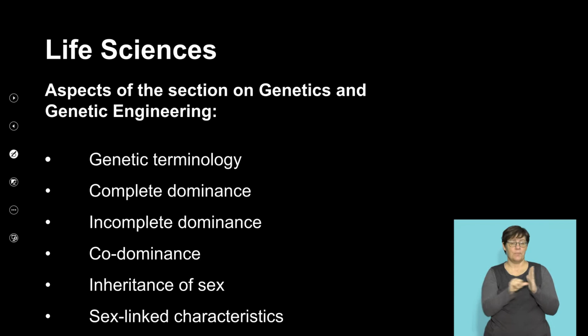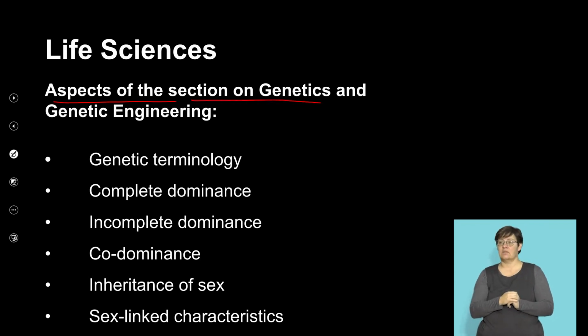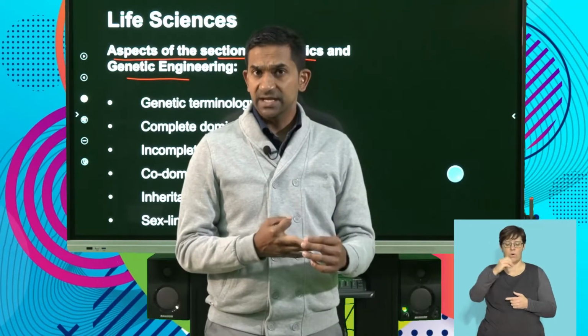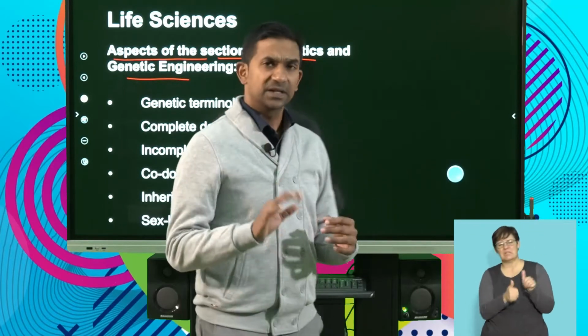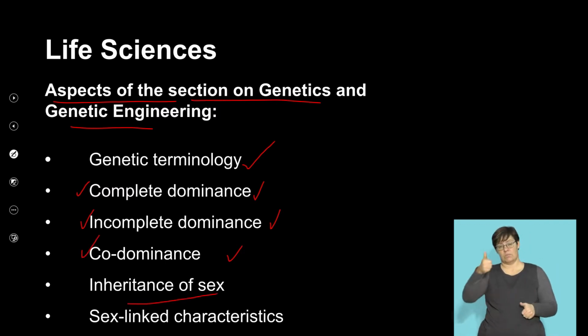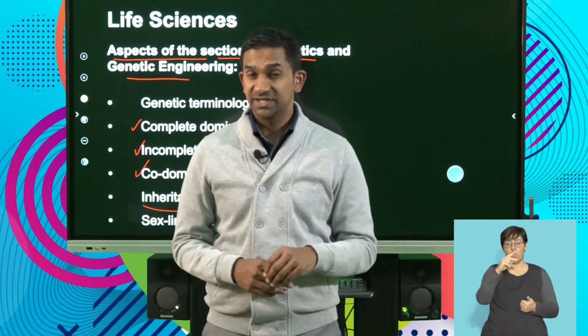So guys, it's important that when we look at this, the aspects of the section on genetic engineering are important. This is essentially a breakdown of the concepts that you need to have when looking at genetics and genetic engineering. We need to know all the terms around genetic terminology, and these include the terms alleles, locus, homozygous, heterozygous, dominant, recessive. Remember those. We've got to know patterns of inheritance, and these patterns are complete dominance, incomplete dominance, as well as codominance. The pattern in which characteristics which are inherited on the gonosomes we refer to as the inheritance of